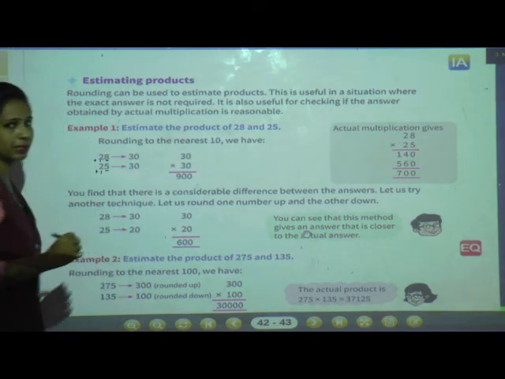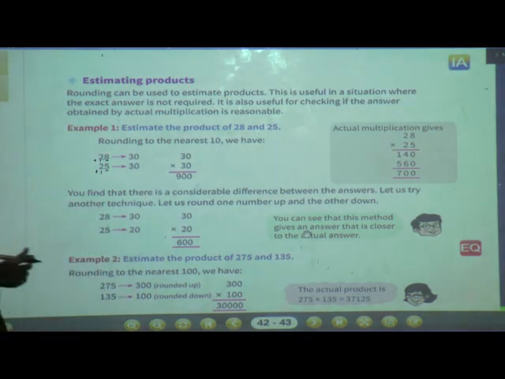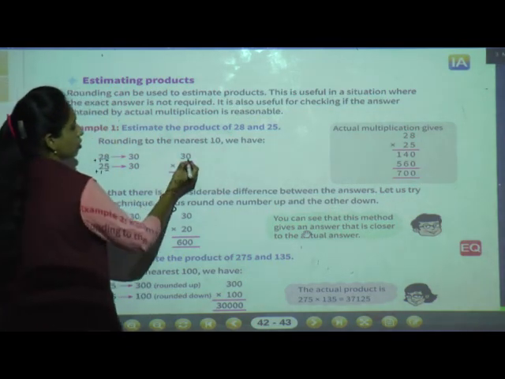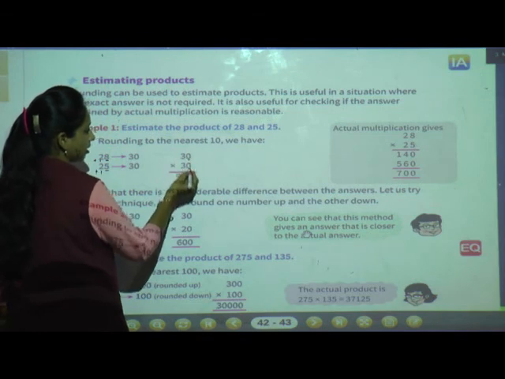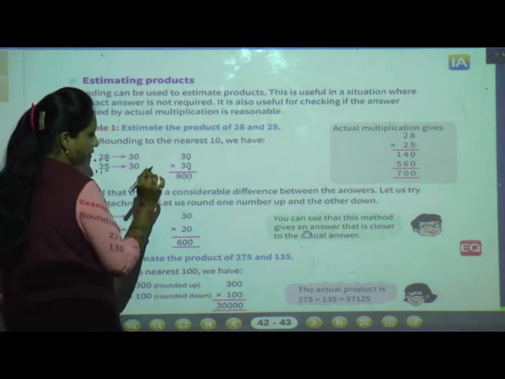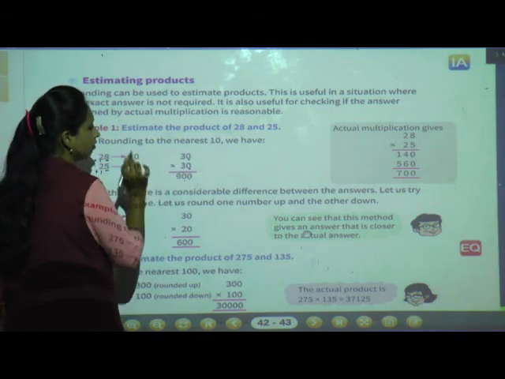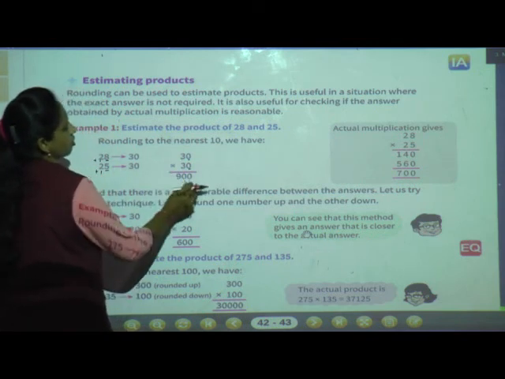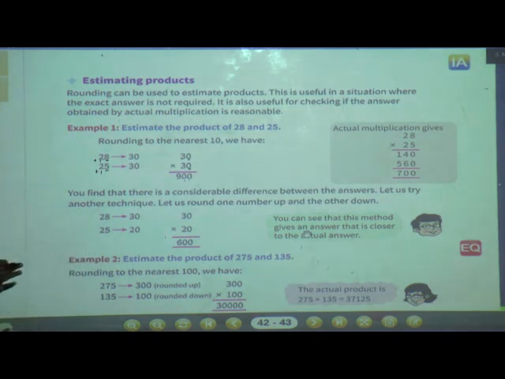Now, 2-digit multiplication is there, and whenever zeros are there, see, we have studied in multiplication, quick multiplication. So how many zeros are there? 2 zeros. So write 2 zeros and do the multiplication of the remaining numbers. 3 multiplied by 3, 3 3s are 9. So this is 900, isn't it?